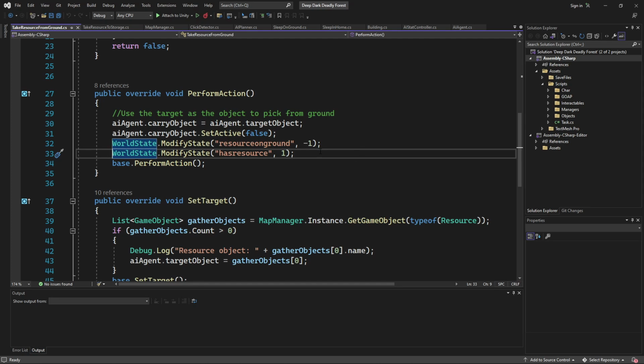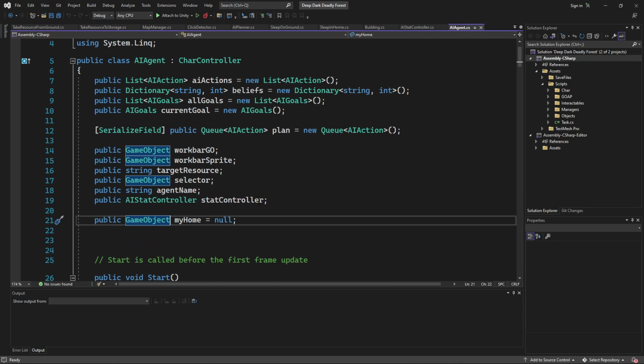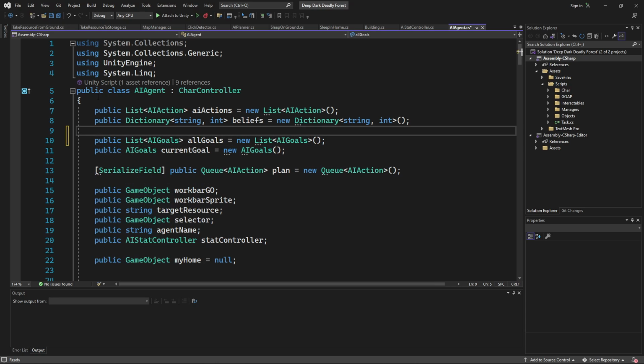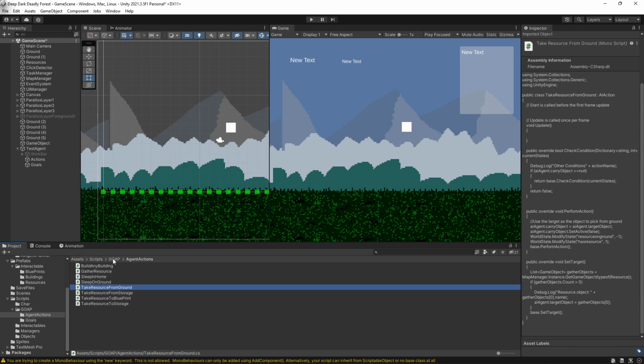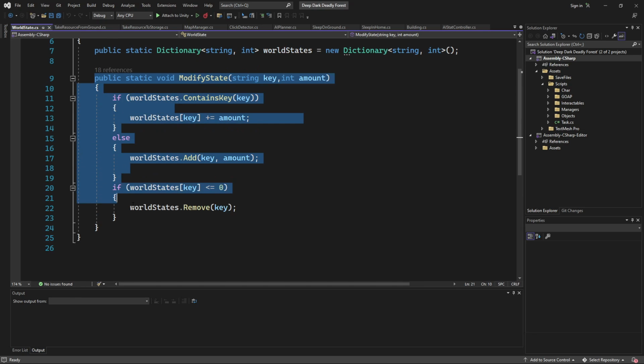What we want to do though in the AI agent, he has a belief system here. And we kind of want to do the same modify type thing. Let's go to the world state. We basically want this.